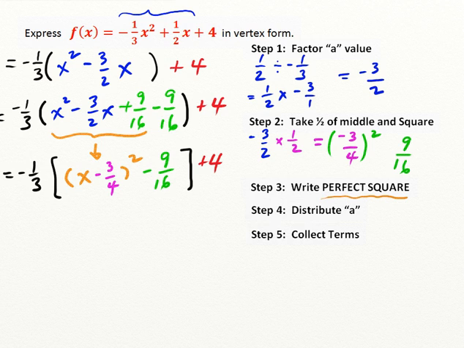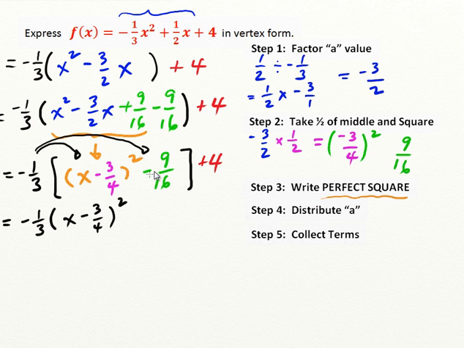Step 4 now tells us to distribute the a value back into those square braces, and we'll remove those brackets. So if we look inside these black square braces, we can see the perfect square is sitting in there. That's one term. And the green, -9/16, is the second term. So we're going to multiply the -1/3 in, and it's going to actually get multiplied into both terms. That will remove those black brackets. We're left with -1/3 times the first orange term, which is x minus 3/4 squared, and then we'll multiply the